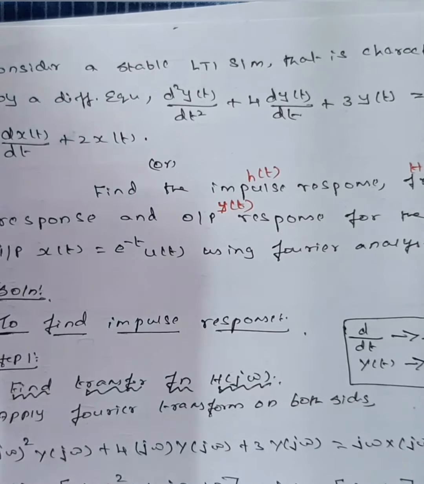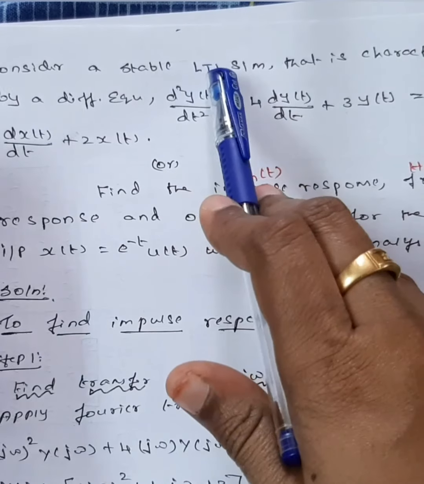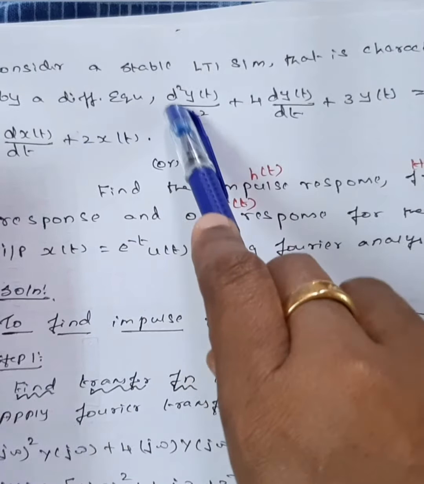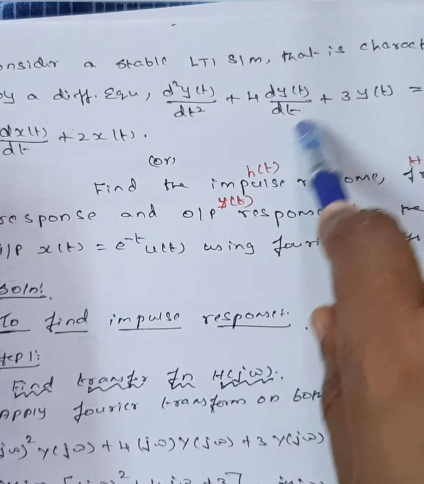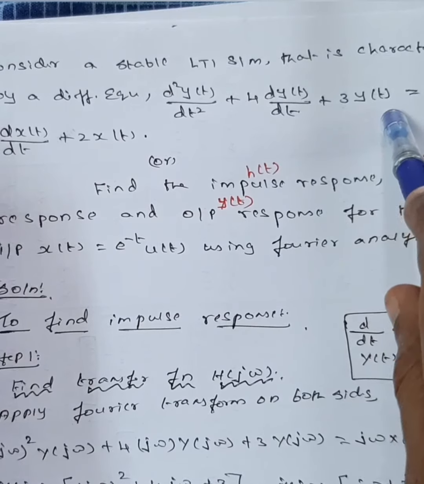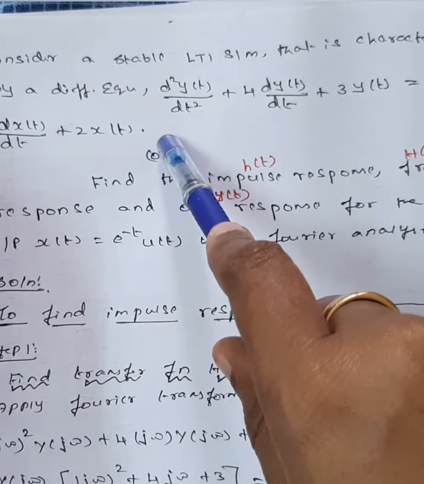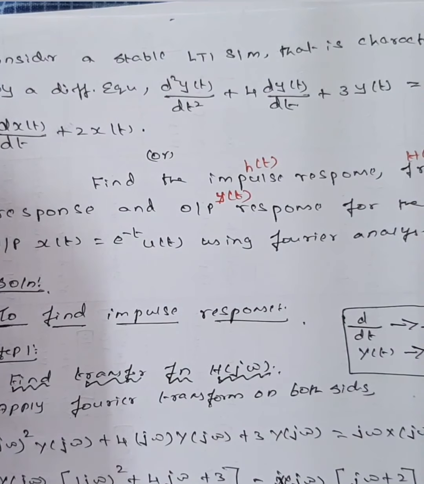So the next question: consider a stable LTI system, that is, a linear time invariant system, that is characterized by the differential equation d squared y of t by dt squared plus 4 into dy of t by dt plus 3 into y of t, which is equal to dx of t by dt plus 2 into x of t. Okay, or the same question can be asked as,